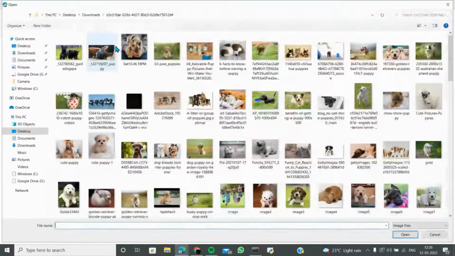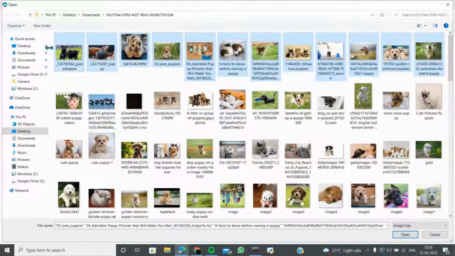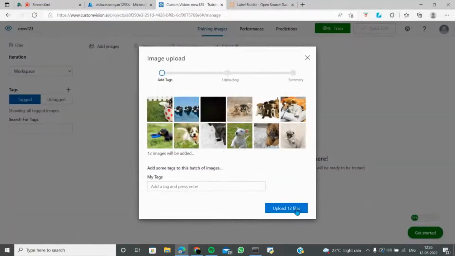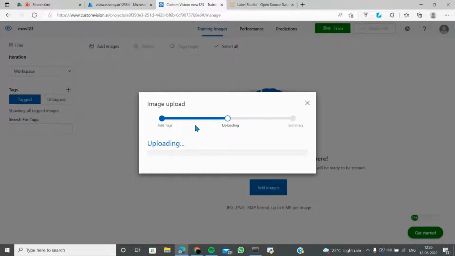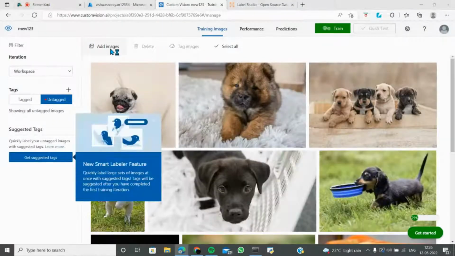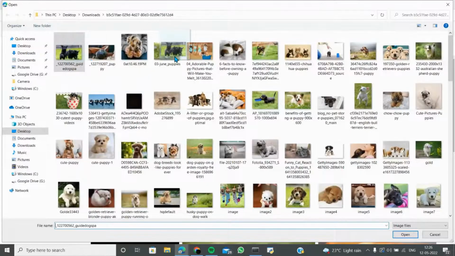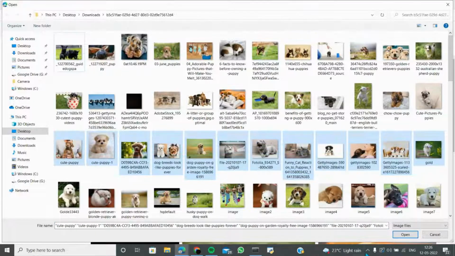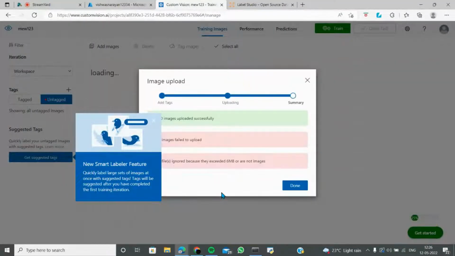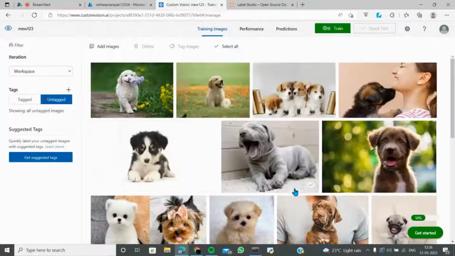Let's just do some images. I can do 1, 2, 3. I think I can do all these. No worries, it will take some time, but we can just get it sorted. All right, so we already have this. Let's just go have this one. So we are uploading 12. 12 will get uploaded sooner, so that's not a problem.